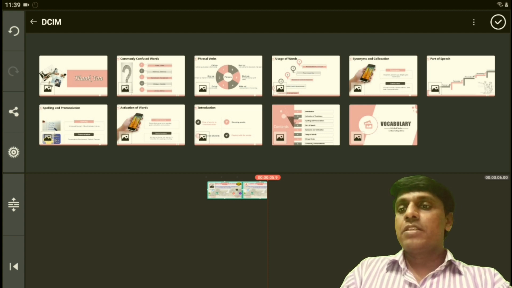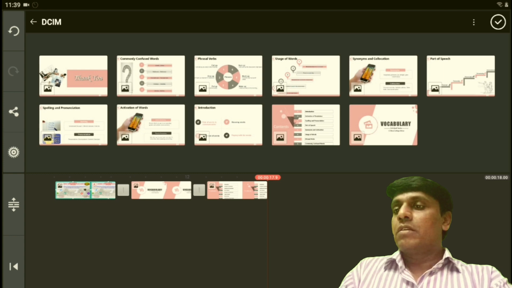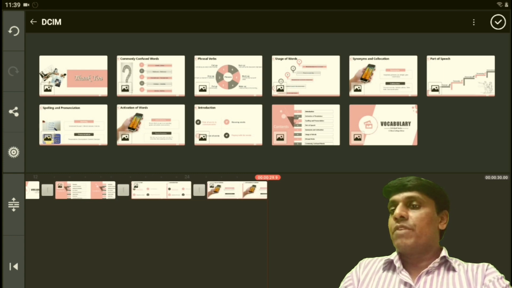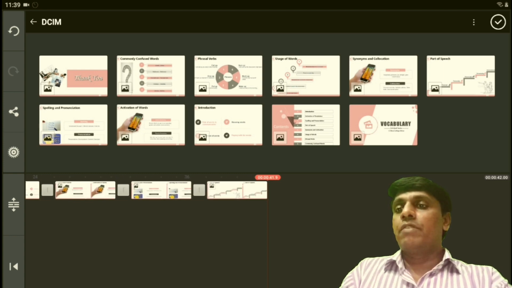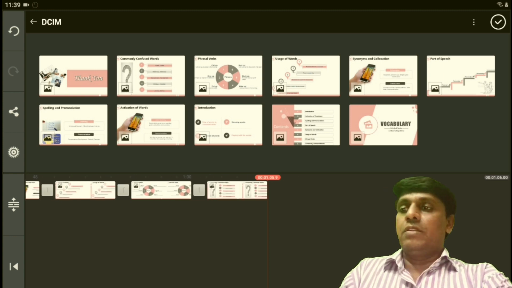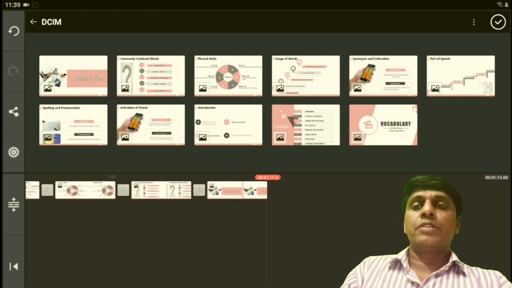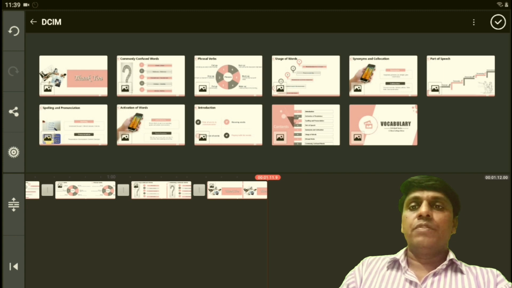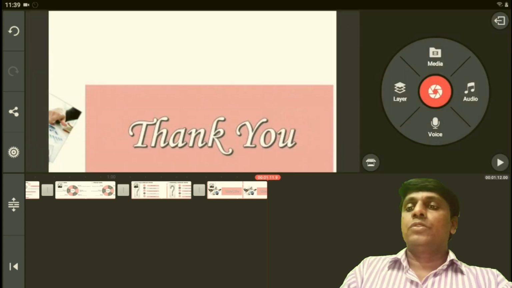I will select first, second, third, fourth, fifth, sixth, seventh, 8, 9, 10 and 11th. I have selected all the images. Then you have to go to the right at the top and correct it. So this is your first layer.